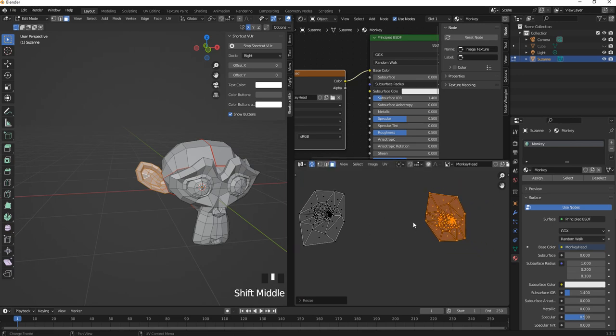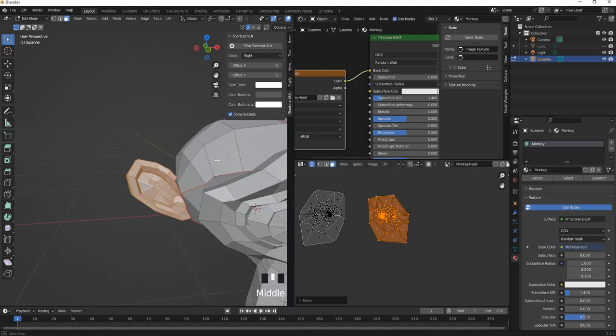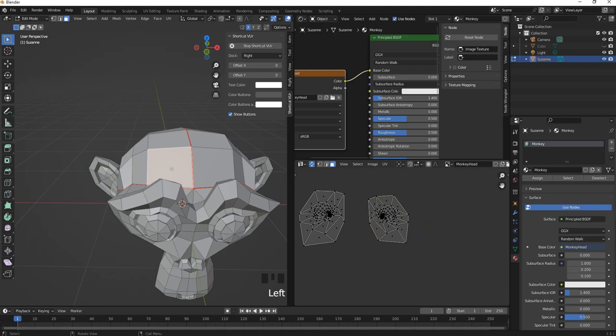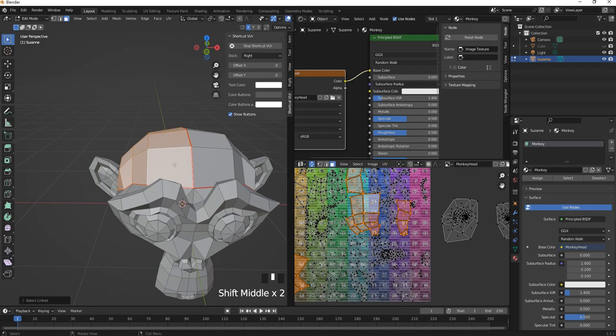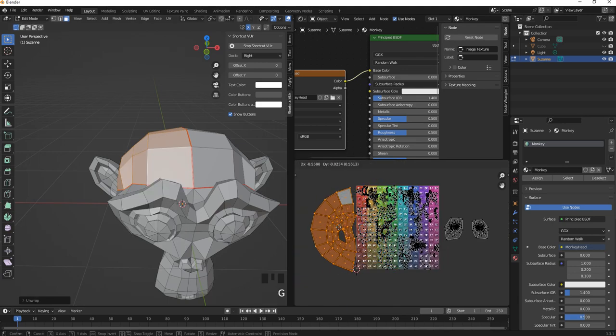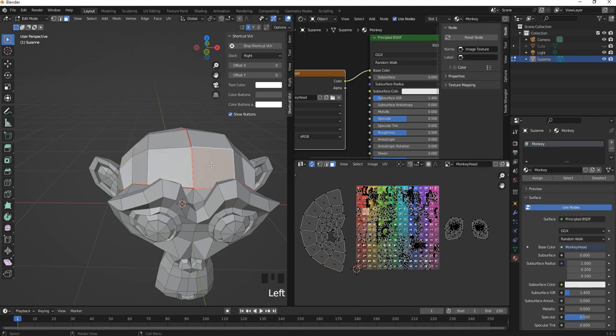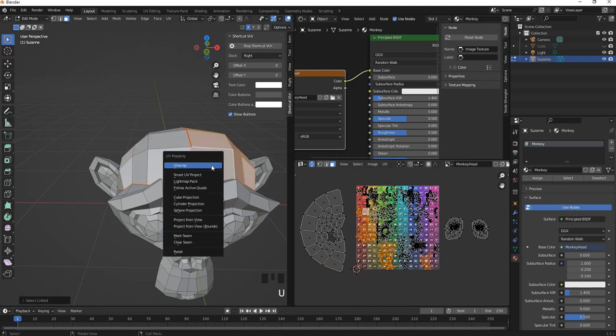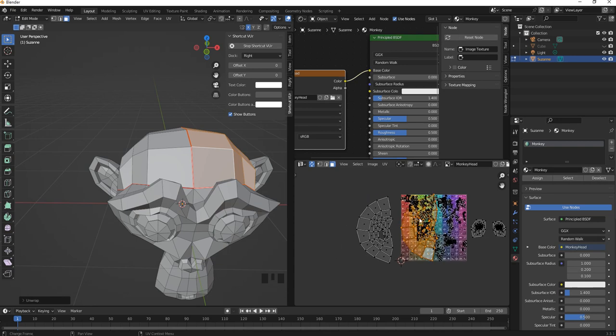And if we want to make this one similar, you can just press R for rotation. So you can see basically they are the same thing. And for the head part, it's the same logic. Press L and press U, unwrap UV. I will press G and move this one to the side. For this one as well, press L and press U, unwrap. Press G, put this one here. And for the face,